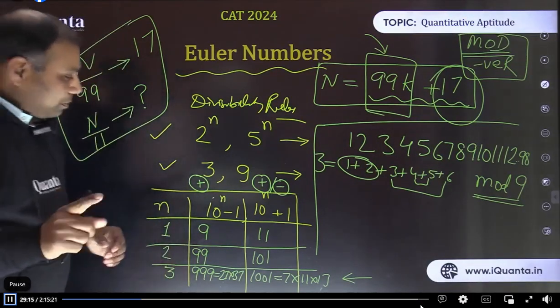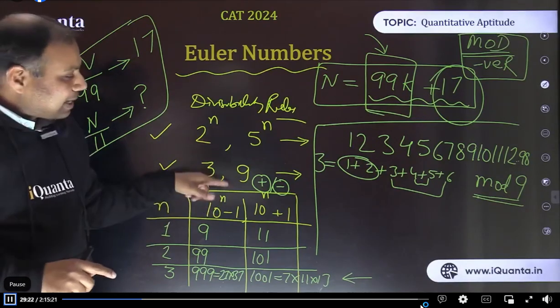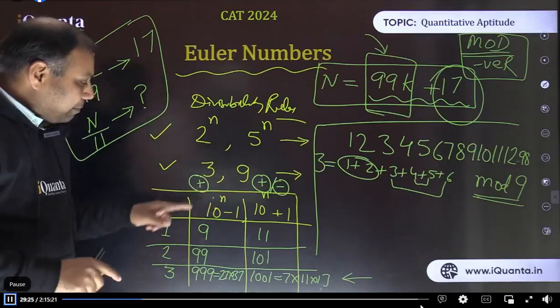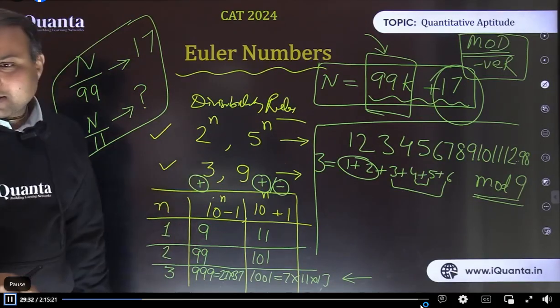See, don't remain stuck to just one rule for divisibility by 9. To calculate the divisibility by 9, we use the sum of the digits. That's perfectly fine. But for 9, we can make use of the rule of 99 as well, which says make groups of 2 and add them together. So that's what we are doing.